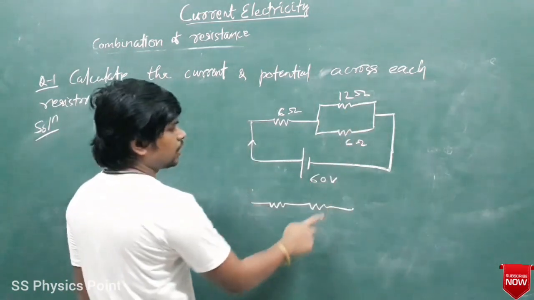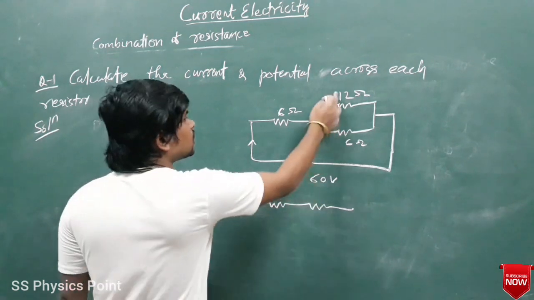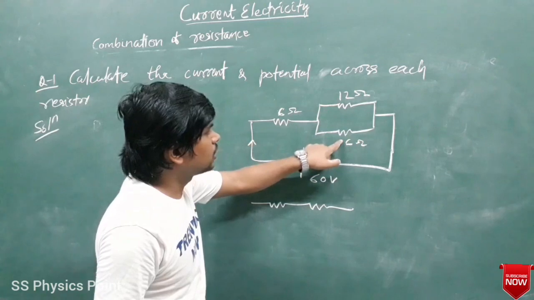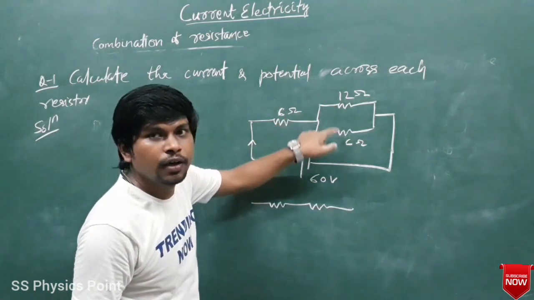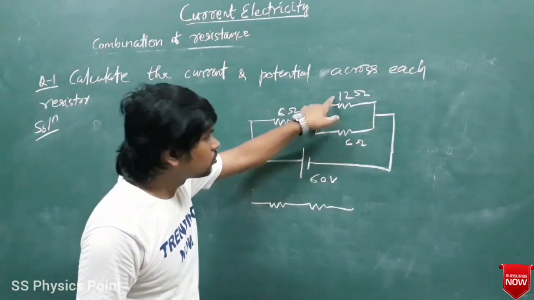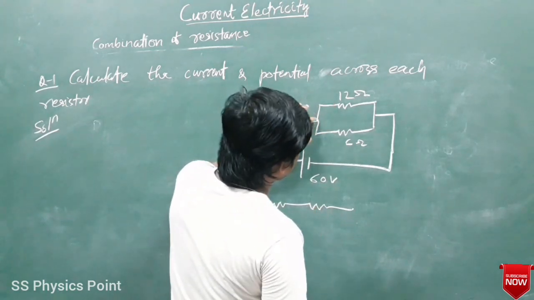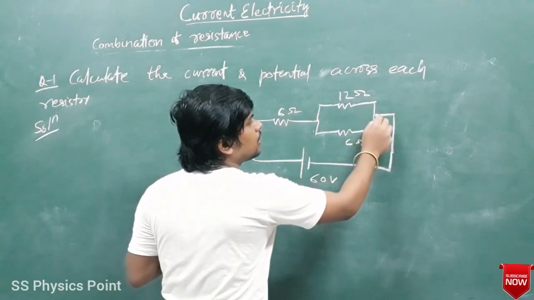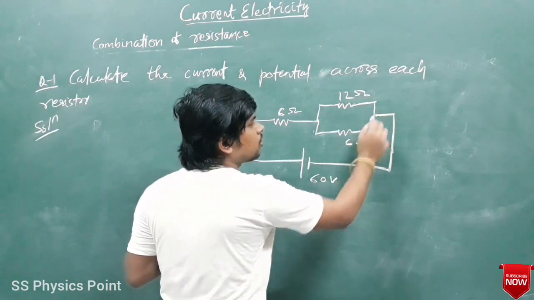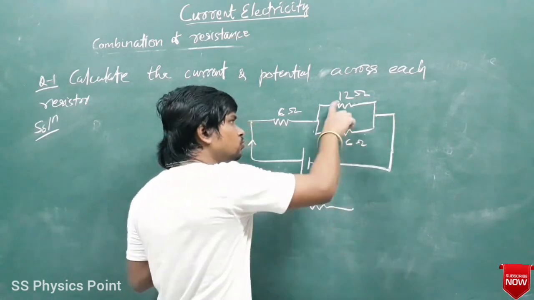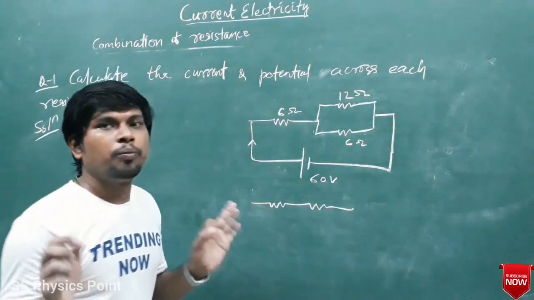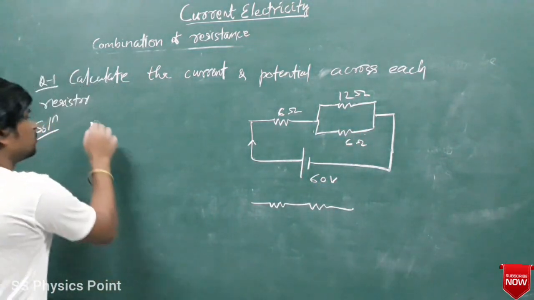ये दो मिलकर एक रेजिस्टर बन जाएगा। ये दोनों कैसे लगा हुआ है? पैरेलल। दे आर कनेक्टेड इन पैरेलल कॉम्बिनेशन। देखो, इसका भी एक एंड इधर है और इसका भी एक एंड उधर लगा हुआ है। ये रेजिस्टर का एक एंड इधर है, ये रेजिस्टर का और एक एंड उधर है, तो कॉमन एंड मिला हुआ है। तो दे आर कनेक्टेड इन व्हिच कॉम्बिनेशन? पैरेलल कॉम्बिनेशन।